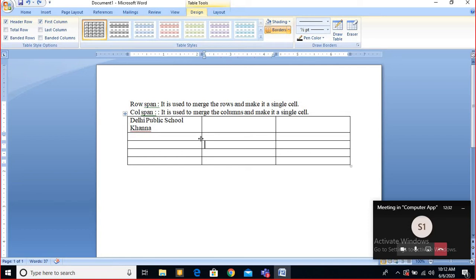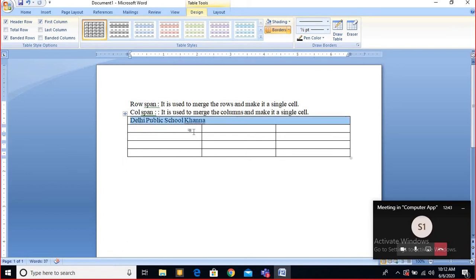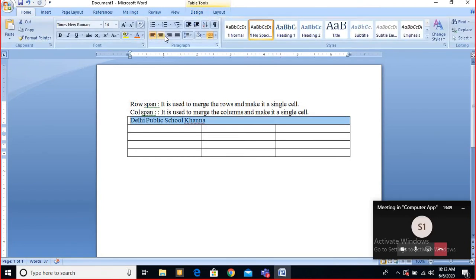If you see, this was a column earlier. It may look to you like a row span, but exactly it is a column span, because earlier this line was up, since there was a separate partition for this. So that's why it is a column span. For this you can make the alignment, means you can make it center, that's your wish.